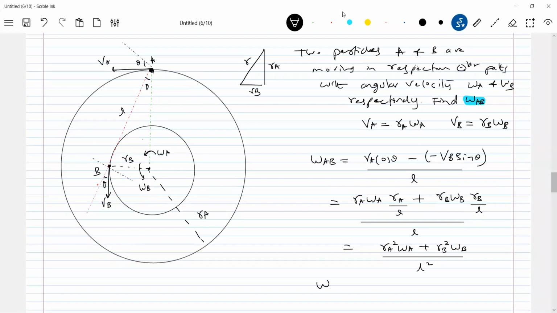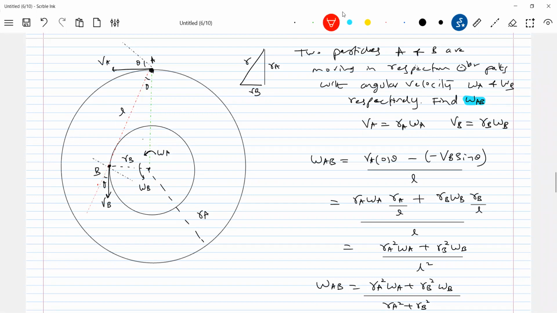Okay, final answer will be... I think I gave that earlier, the one problem, that is the base. With that, you can manage any of the thing. So what is the direction of omega AB? It'll be same thing again. So where you have to show omega AB? Here you have to show it.